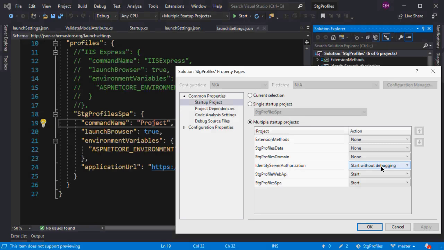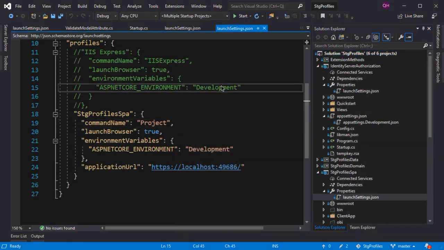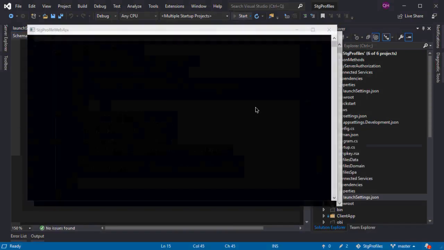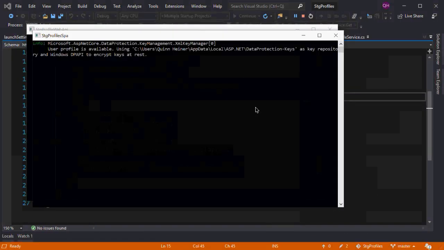But then on the authorization server, I just want it to run silently in the background and respond to requests. And you'll get prompts for each of these, so it's not like you're not going to know what's going on in the server. But you don't need a browser for that. You don't need anything else. You don't need to debug it once you've got it running and it's working. So as I hit